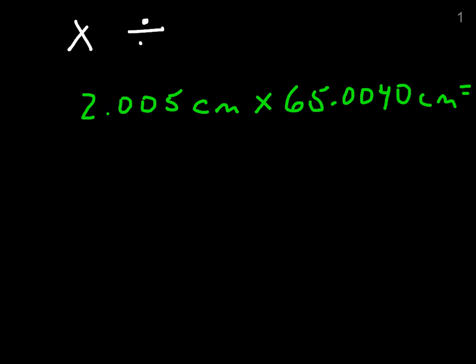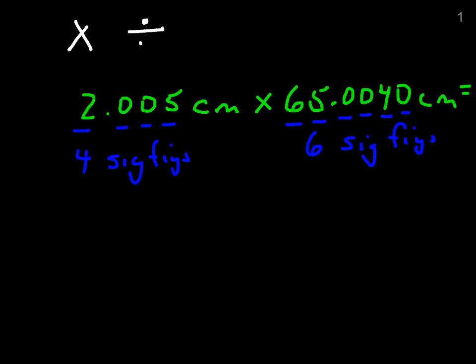The number of significant figures is what I'm going to count up. Now, in the first factor, I have 4 significant figures. Every number there is significant. In the next factor, I have 1, 2, 3, 4, 5, 6 significant figures. So 6 sig figs here, 4 sig figs